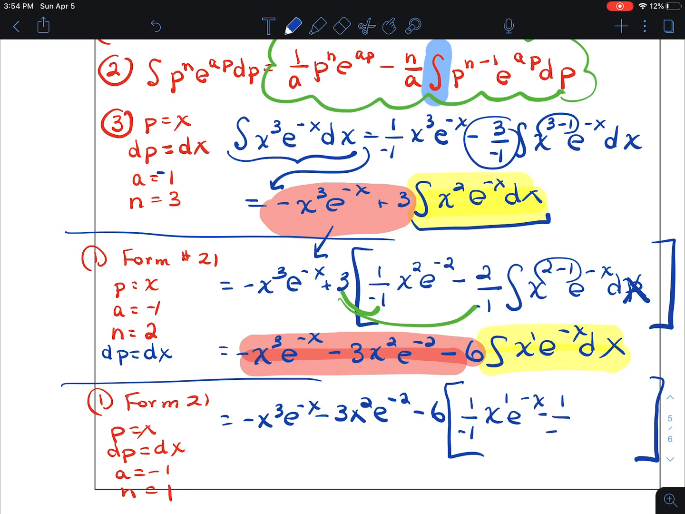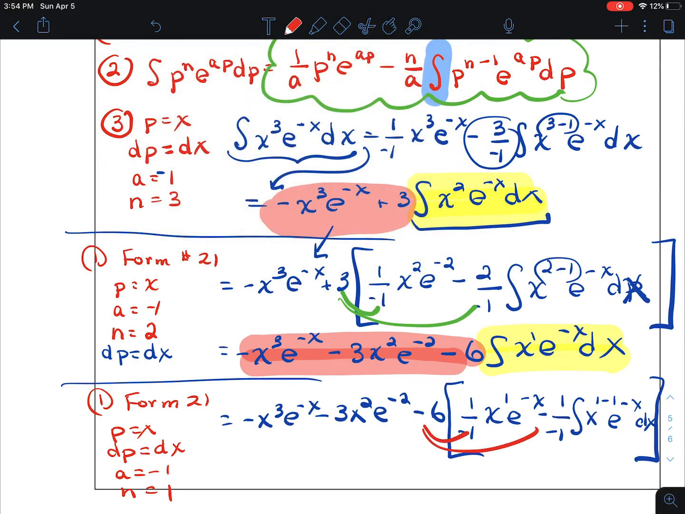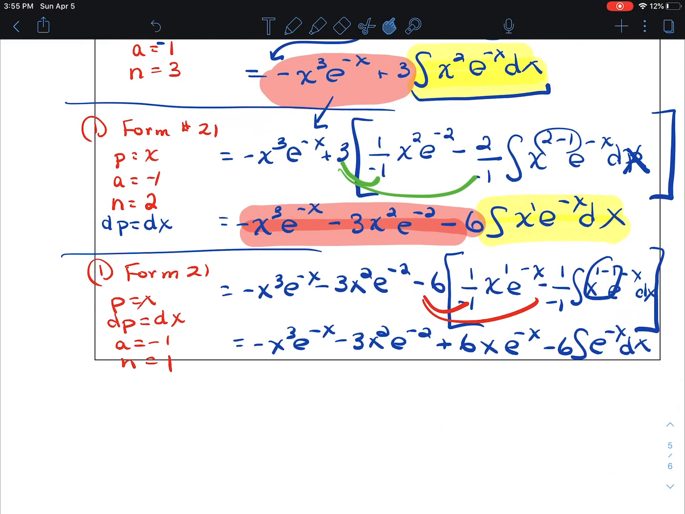Let's see here. Okay, I'm going to clean this up, and when I clean this up, I'm distributing this 6 in here. Looks like this is going to be x to the 0. That's going to cancel out, and I am running out of time on this. All right, we'll have to